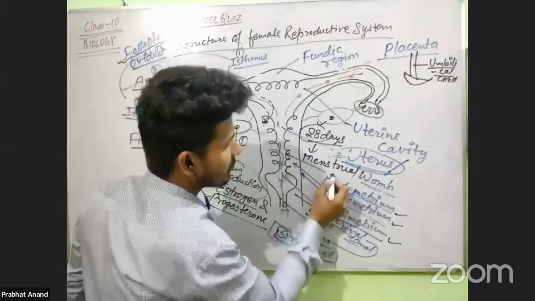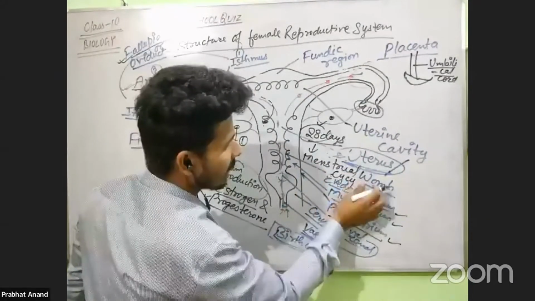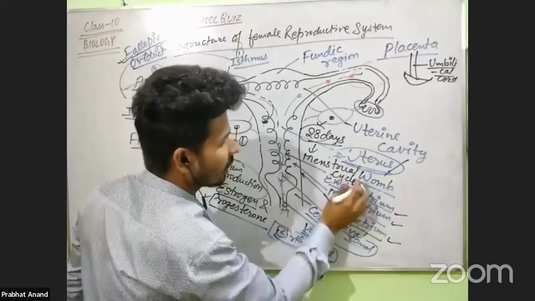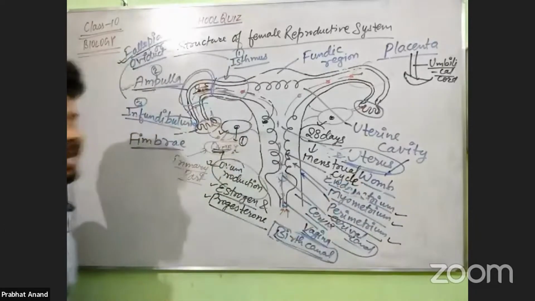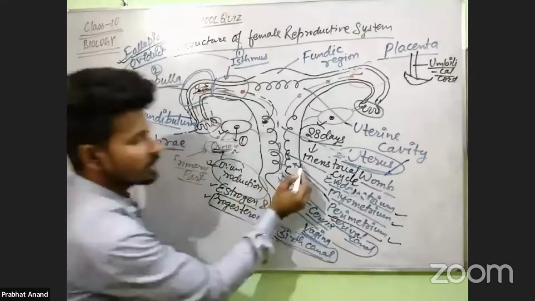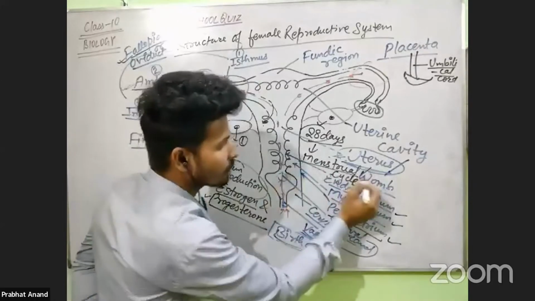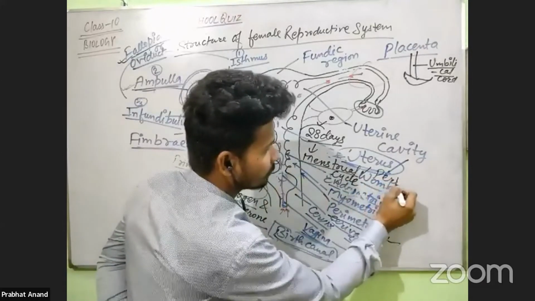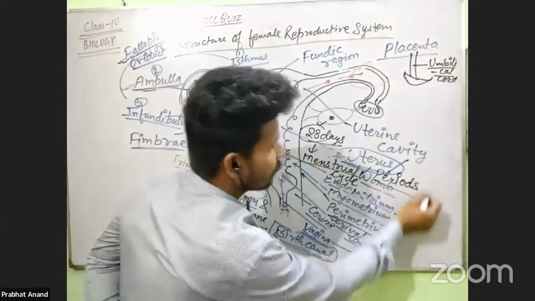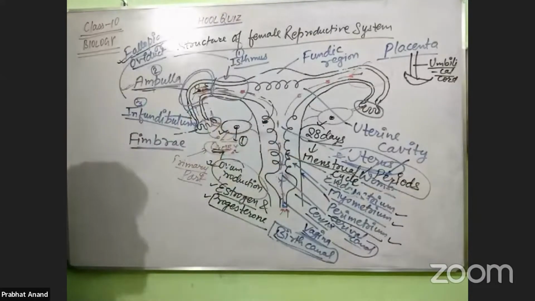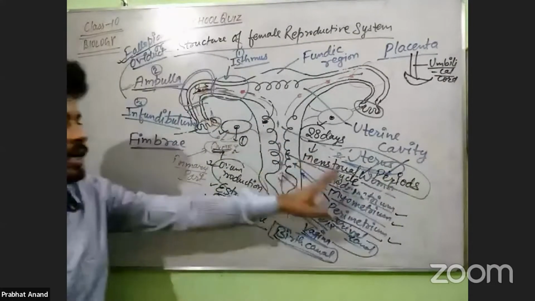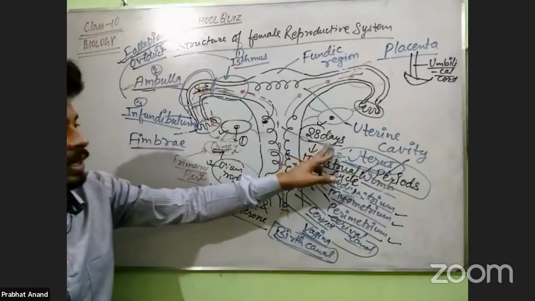That is called the menstrual cycle that occurs in a female, right? This menstrual cycle is also sometimes called the periodic cycle, right? We call this the periods that occur in a female or a girl, of 28 days,